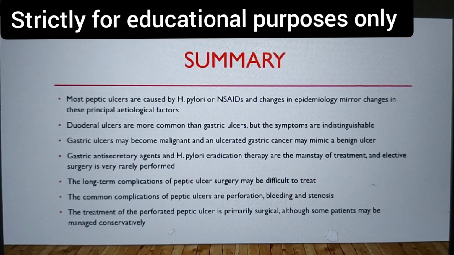Anti-inflammatory agents and chemotherapy, including radiation therapy, are the mainstay of treatment, and elective surgery is very rarely performed. Long-term complications of peptic ulcer surgery may be difficult to treat, and the common complications of peptic ulcers are perforation, bleeding, or stenosis. And the treatment of the perforated peptic ulcer is difficult, although some patients may